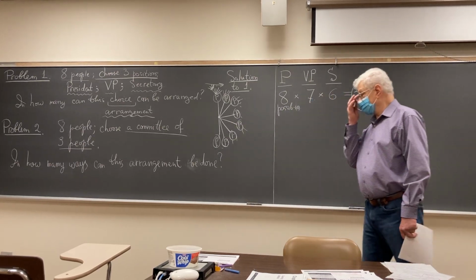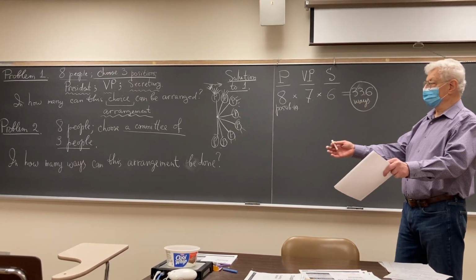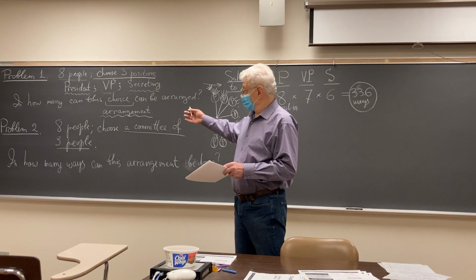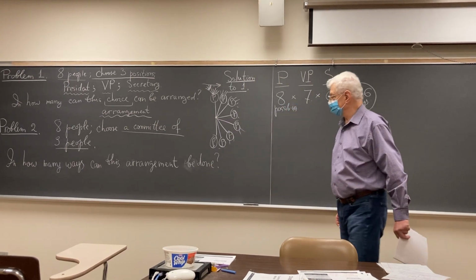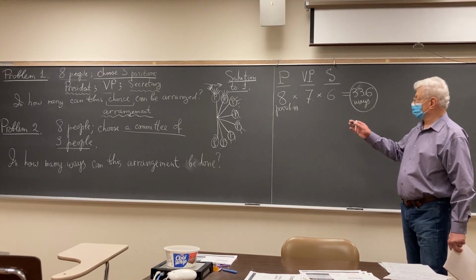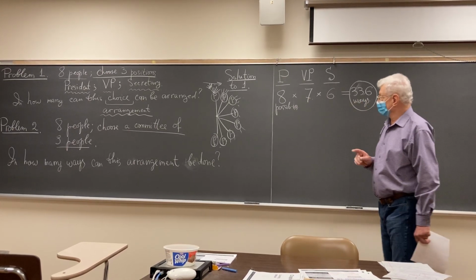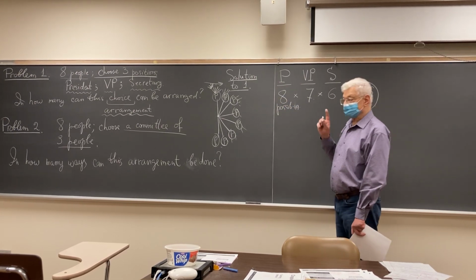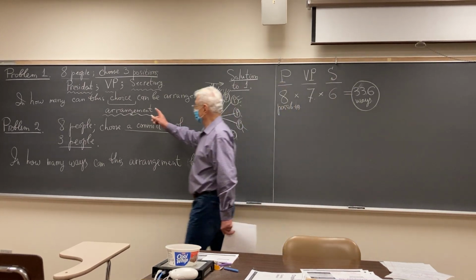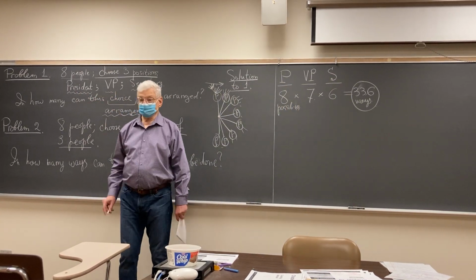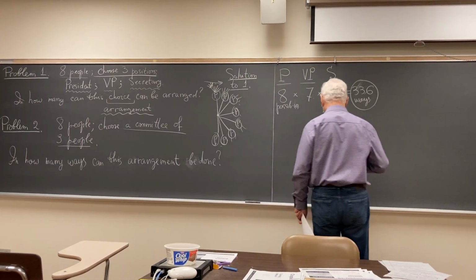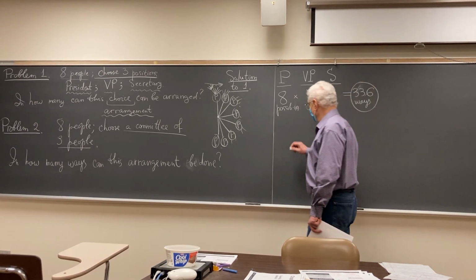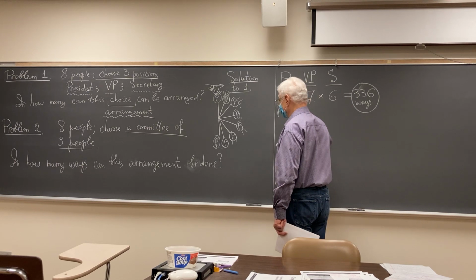We just pick 3 places, 3 chairs, and 3 people will sit at these 3 chairs. The same reasoning happens here. In the beginning, we know that the first guy is the president, and the second guy is vice president, so they're distinguishable. And the third one is also distinguishable. So now, when we choose a committee of 3 people, we have